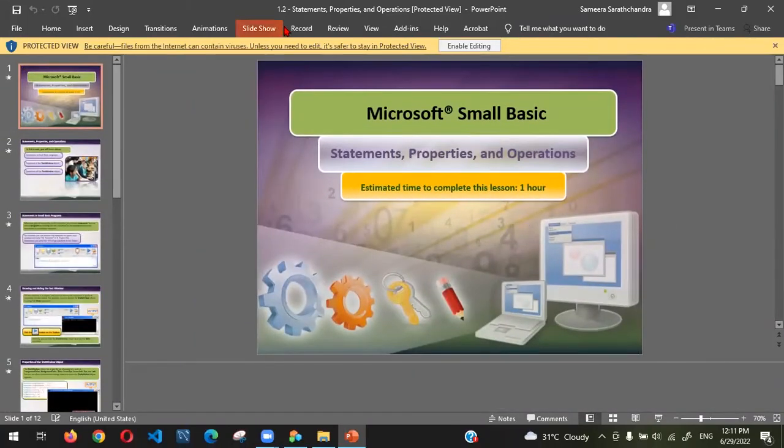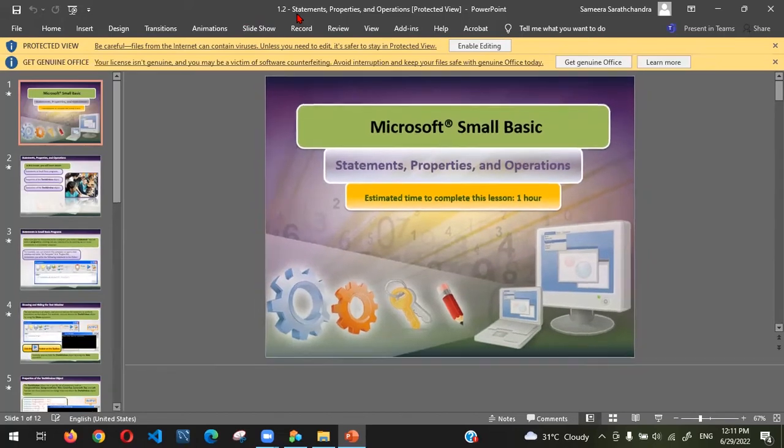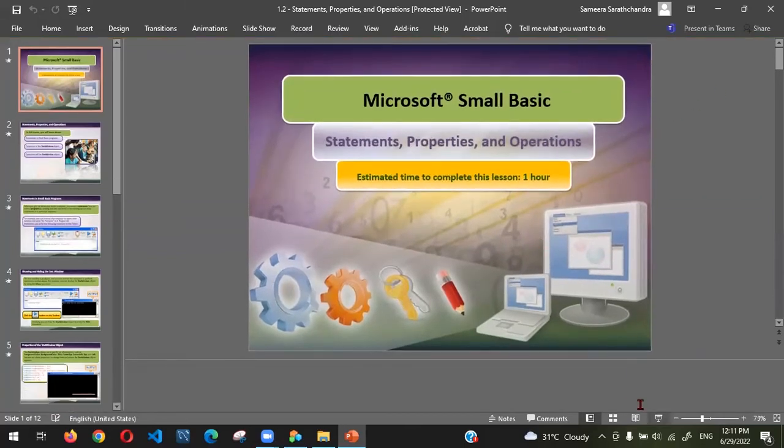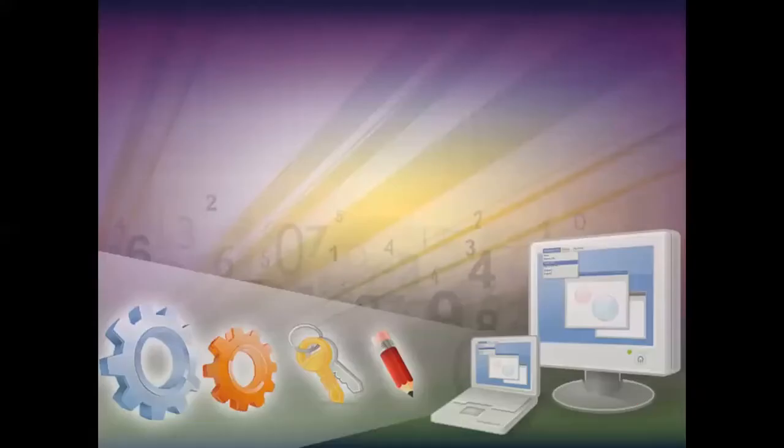So the second one is related to Small Basic, and we are going to learn what the statements, properties, and operations related to Small Basic are. In this lesson, we are going to learn three things: statements, properties,